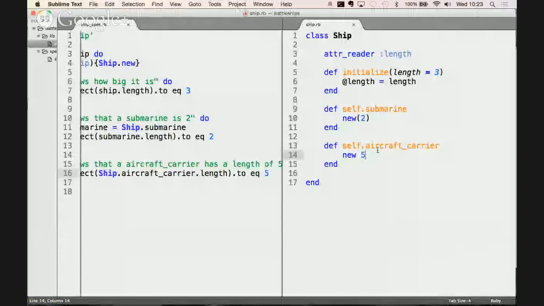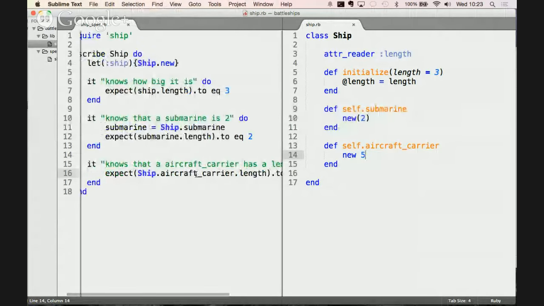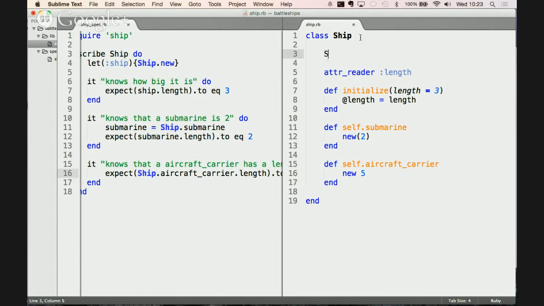Going on. So using class methods here, we can actually make our code on this side a lot more readable. So ship.aircraft_carrier is going to create a new aircraft carrier which automatically has the length of 5, and so on. And we're pushing all of that responsibility into the class now to create an aircraft carrier, and this will choose what size an aircraft carrier is. We could extract these rules and maybe have a key value pair constant up here called sizes or something along those lines, and say